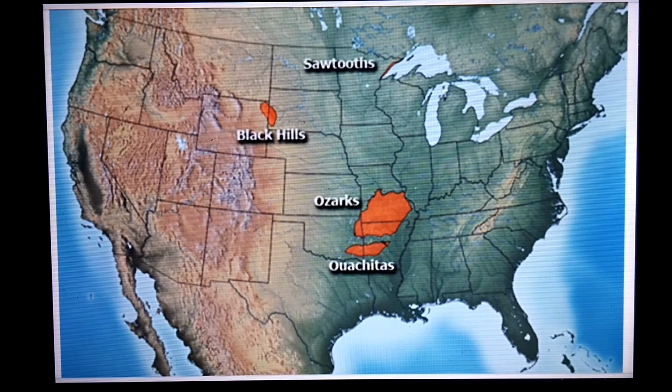All right. I want to cover some ground, and I may come back over this same stuff again, but for now, I just want to go over some maps fairly quick here. This is a nothing map, but it shows the diamond-shaped pattern of the OzArk Plateau there with the Ouachita Mountains for some reason, and the Black Hills. And then, of course, it has the sawtooths up there. Don't know where it came from, don't know what the point of it is, but it does show the OzArk Plateau, the region across Missouri, Arkansas, Oklahoma, and it shows very little of it in Kansas, but Kansas is still